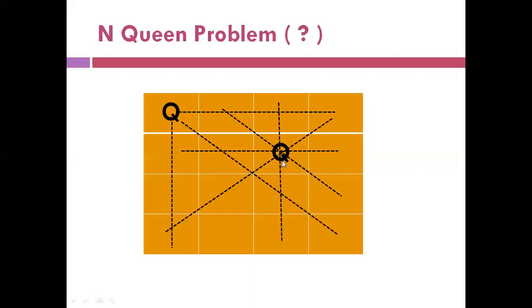Now I need to place the third queen. I cannot place the third queen here because then it will lie in the same column as the first queen. You cannot place the third queen here because then it will cancel the second queen diagonally. You cannot place the third queen here because they will be in the same column, nor can you place it here because again the diagonal condition will come. So in case of the third queen, you've checked all the possibilities and exhausted them, which means that this is not the correct solution.